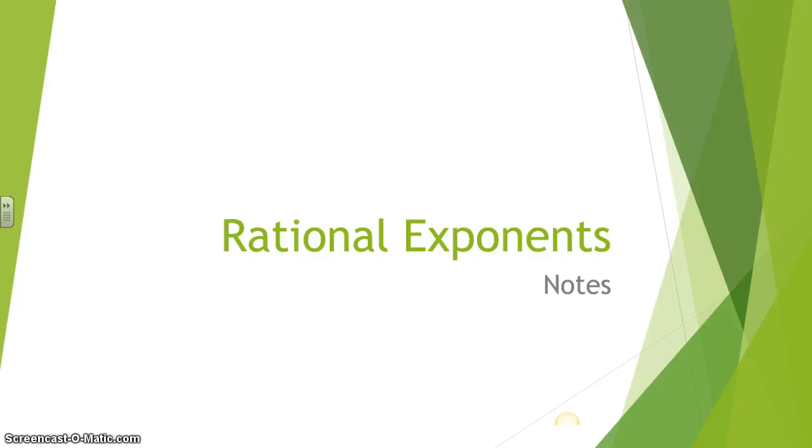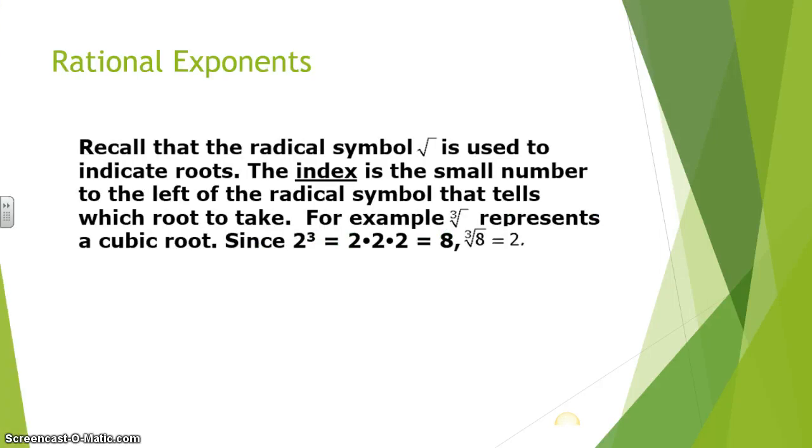Rational exponents. In this section, you're going to be working with problems using the square root symbol. In this first slide, it says, recall that the radical symbol, which this is your radical symbol, is used to indicate roots. The index is the small number to the left of the radical symbol that tells which root to take. For example, we have what's called the cube root. When you have a 3 over that little line there, that's called the cube root,